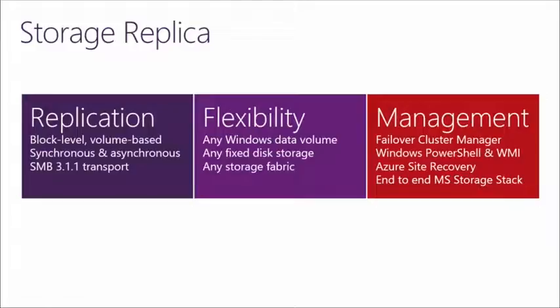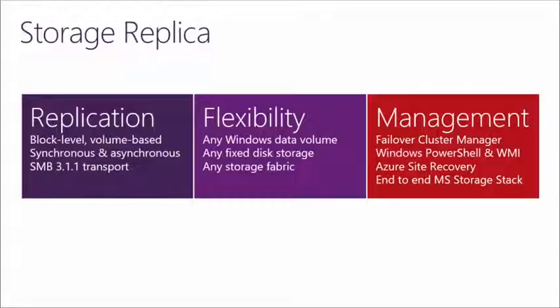But let's look at some of these scenarios and a bit more information, a bit more depth, and what it provides. So from a replication perspective: block level, volume-based, synchronous or async, obviously not simultaneously for the same volume. SMB 3.1.1 is the transport to get that replicated data from A to B. Any data volume in Windows, whether it's fixed disks, any storage fabric, and we talked about the management,